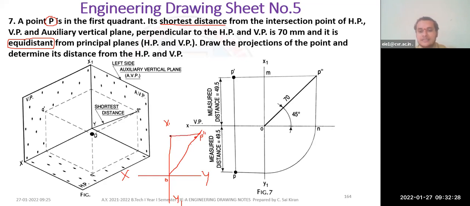Whatever this distance may be, the same distance will be transferred till here. Measure this distance. This distance is equal to this distance. Whatever the distance it takes to reach the X1 Y1 line, you have to give the same distance here, and mark this as P dash. Because they have told that it is equidistant, whatever this distance may be, it will become the same distance like this. Or else, if you don't know this distance, what you have to do